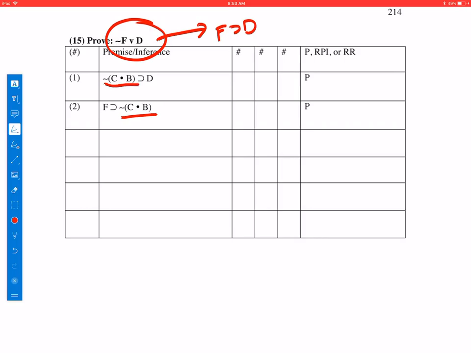Look, I have F then blank, blank then D. I can put those together by hypothetical syllogism. Let's do that. F then D, 1, 2, H.S., and then I convert the then to an or. The F becomes a not F, the then becomes an or,